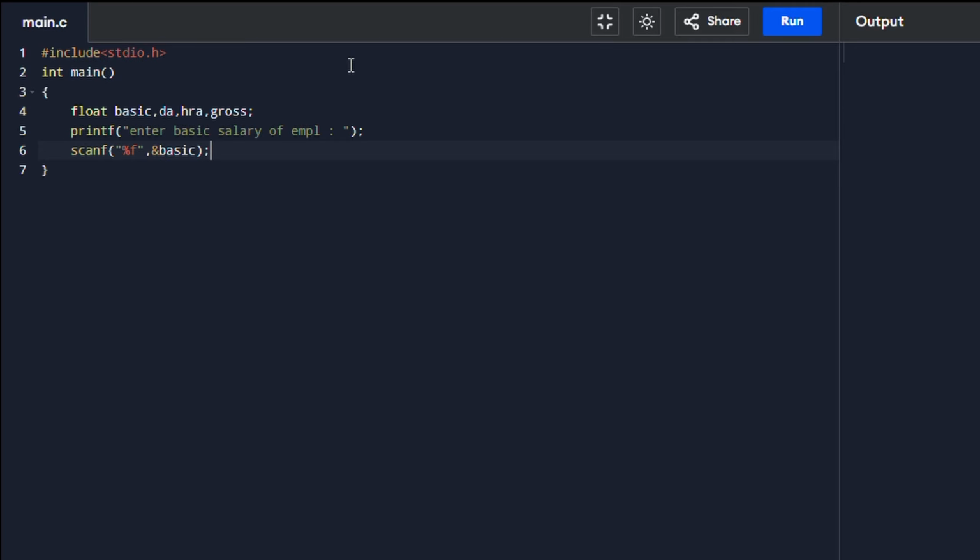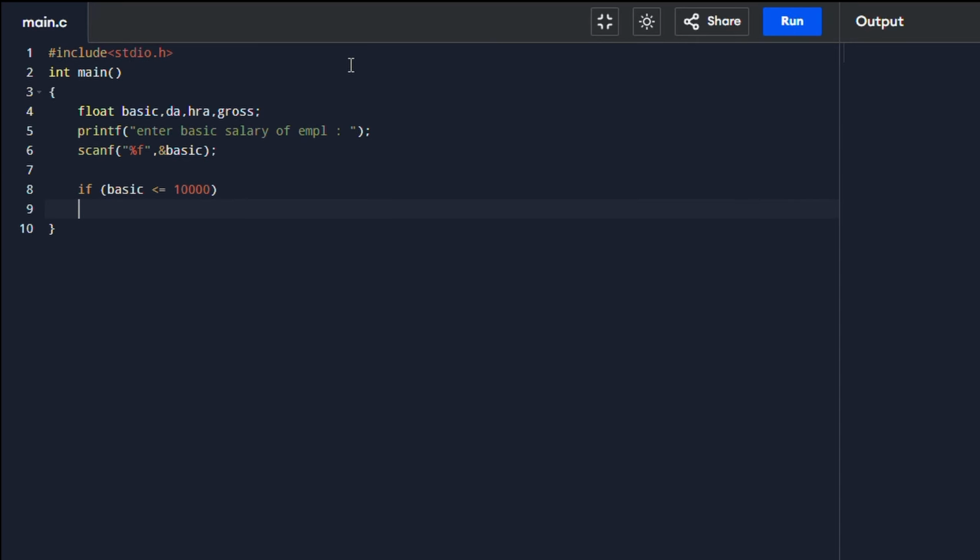Now let us check the first salary range, that is, if basic is less than or equal to 10,000. The program first checks whether the employee salary is less than or equal to 10,000. Then, as per the condition,